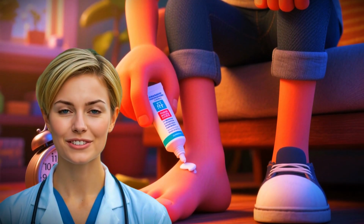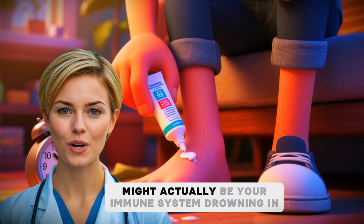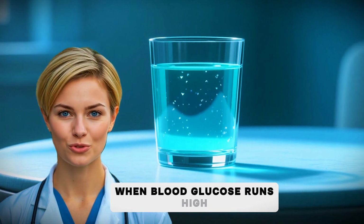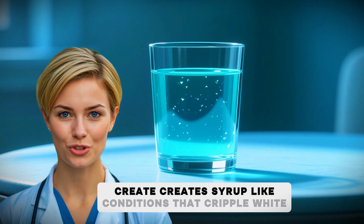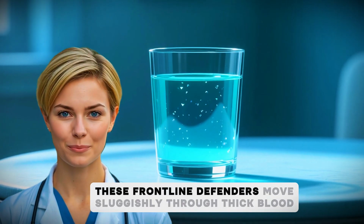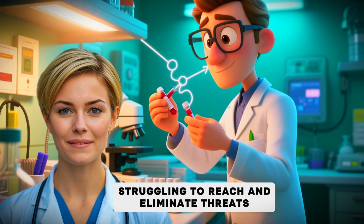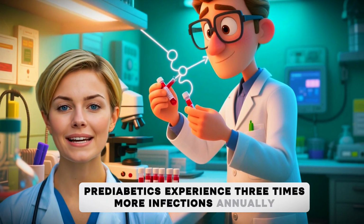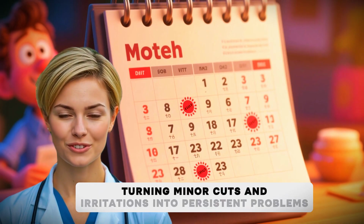10. Infections that keep coming back. Those recurring infections you keep blaming on bad luck might actually be your immune system drowning in sugar. When blood glucose runs high, even in the prediabetes range, it creates syrup-like conditions that cripple white blood cells. These frontline defenders move sluggishly through thick blood, struggling to reach and eliminate threats. Research shows prediabetics experience 3 times more infections annually than those with normal blood sugar, turning minor cuts and irritations